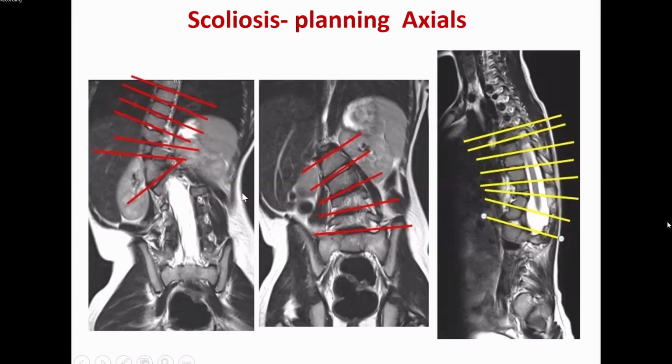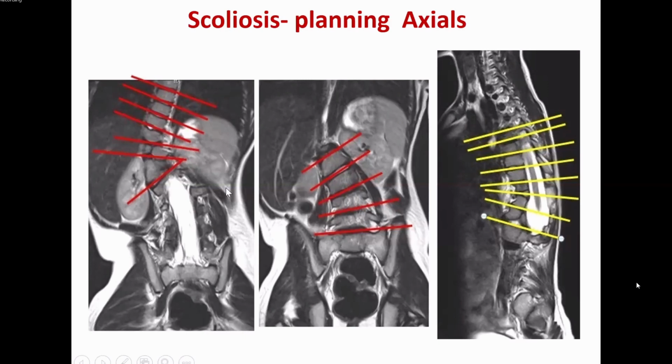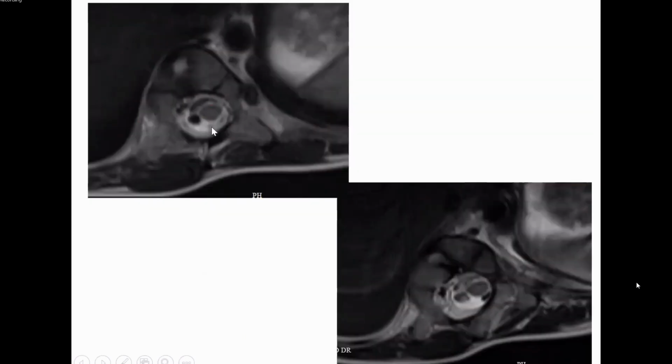But when it comes to scoliosis, please acquire a coronal T2 first, and then keep the sagittal T2 images side by side on both windows. You plan the sections simultaneously on your sagittal and on your coronal. That is the best way you can demonstrate the cord pathologies very well. And when it comes to scoliosis or kyphosis imaging, you need to have shorter FOV, larger matrix, and you need to give high resolution images, because you need to appreciate the cord pathologies very well.